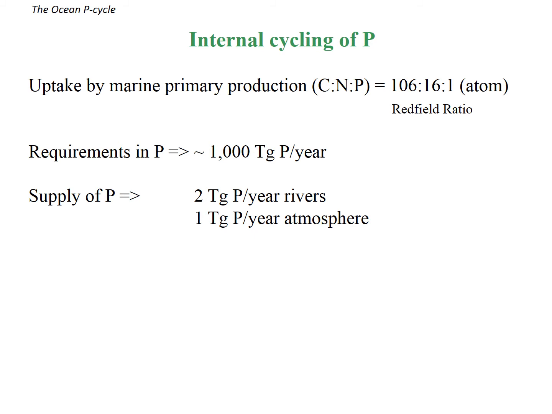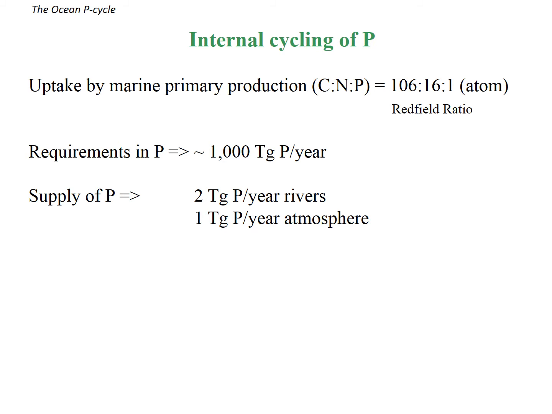Okay, so we've got these really small fluxes of phosphate to the ocean: 2 teragrams a year from the land, 1 teragram a year from the ocean. But if you look at the requirement, like we did for nitrogen, there's this thing called the Redfield ratio. For every 106 carbon atoms that algae use up in the ocean,